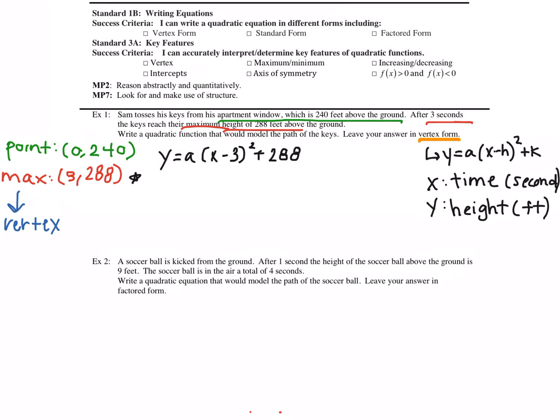So we're going to substitute our x and our y into our equation. So we'll have 240 equals a, 0 minus 3 squared plus 288. I know yesterday we really struggled with computing the right side of our equation, so my suggestion is to first subtract over the 288. That then gives us negative 48